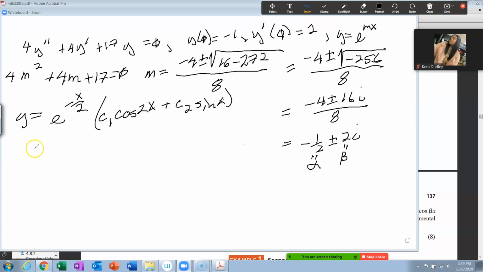Okay, now we can plug in our initial condition. Y of 0 is equal to, this still comes up to be a 1. This comes up to be c1, and cosine of 0 is 1, plus sine of 0 is 0, so this is equal to minus 1. c1 is minus 1. Y prime of 0 we're going to do next, but we need to know what y prime is. So let's go back to our